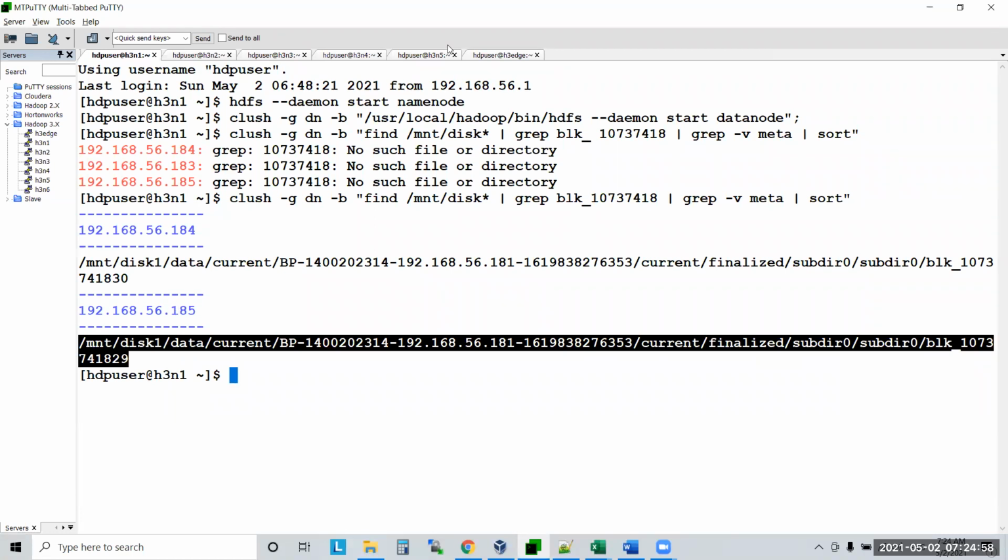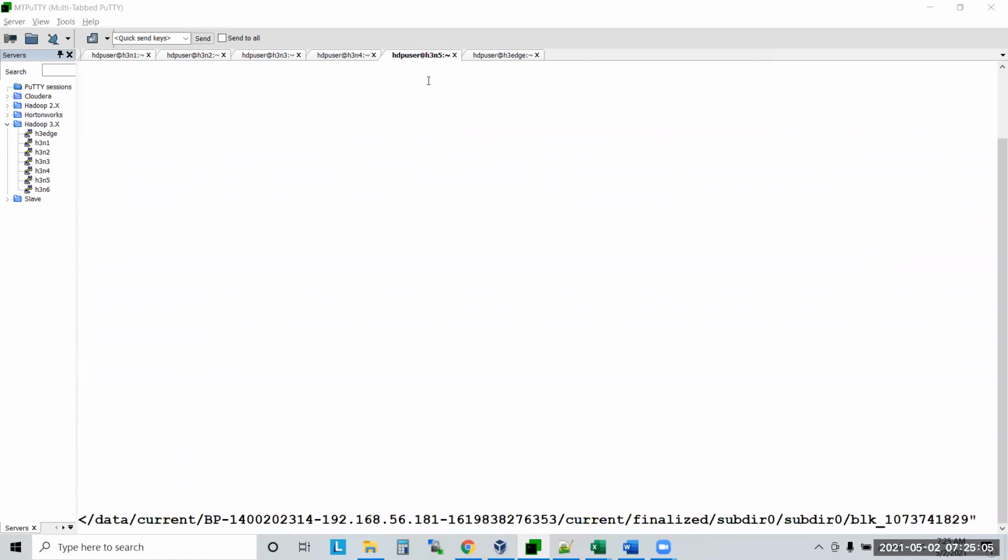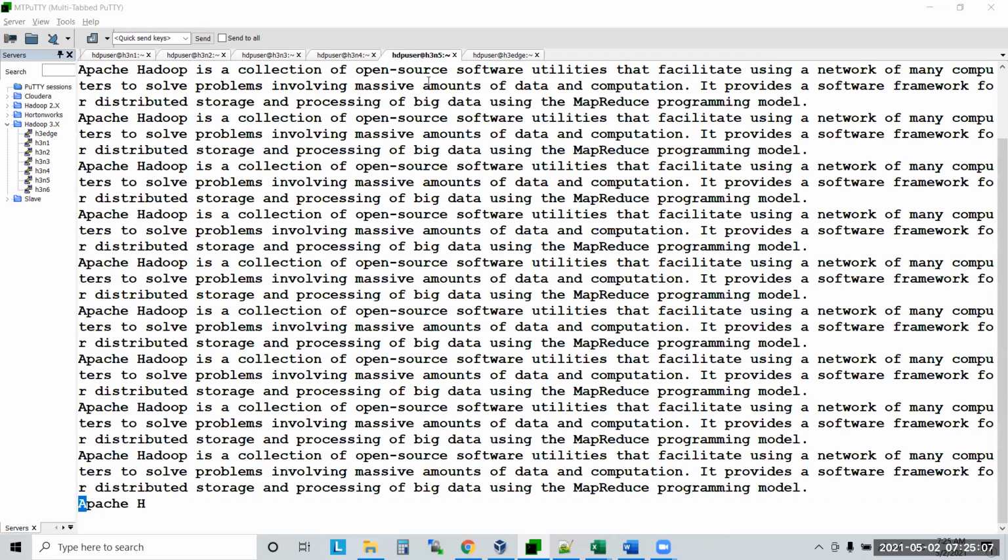Yes. Now I will go to the 185 machine and open this file with vi, insert. So where has it cut, guys? What is the last word here? Apache Hadoop.